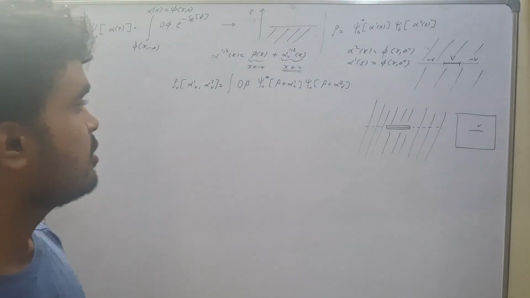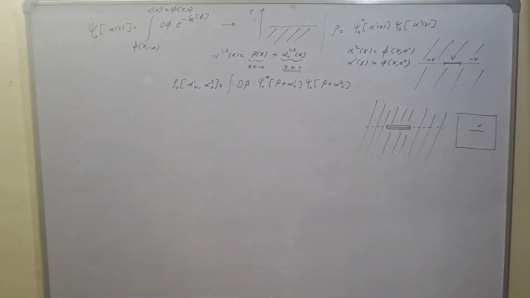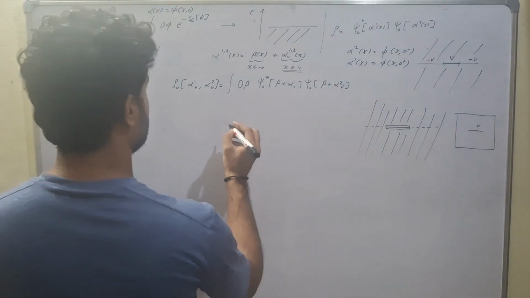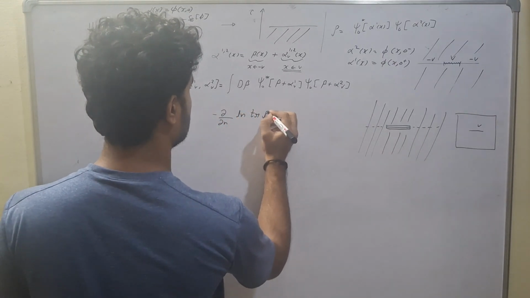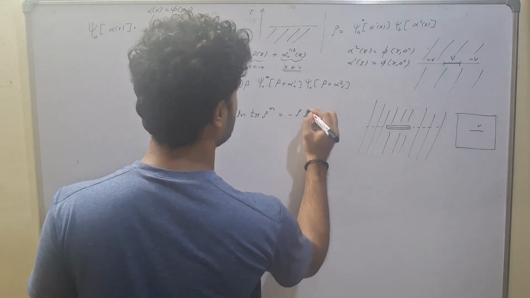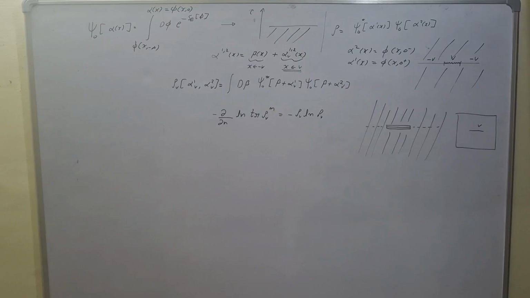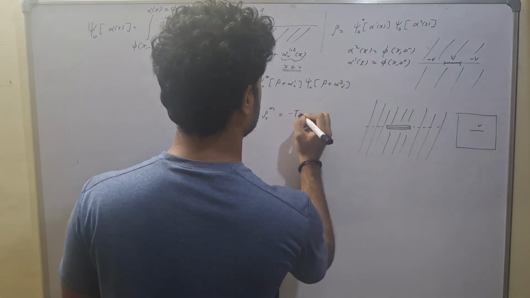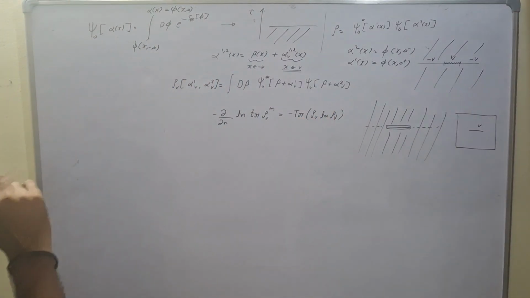So now the question is, how do we calculate entanglement entropy? We use the replica trick, and for the replica trick we use the Renyi entropy. We use the formula minus del by del n of ln trace of rho to the n, which equals minus trace of rho V ln rho V, where these rho are reduced density matrices. Now this is our entanglement entropy.